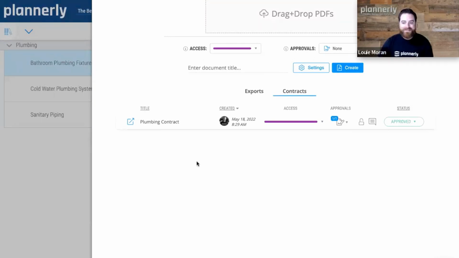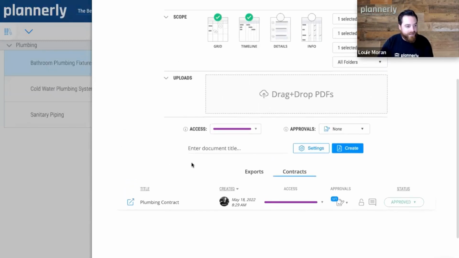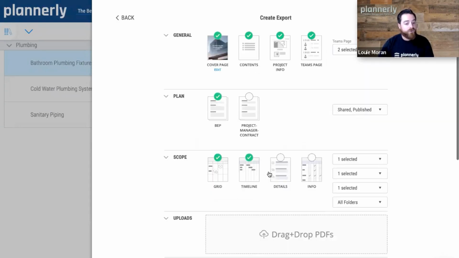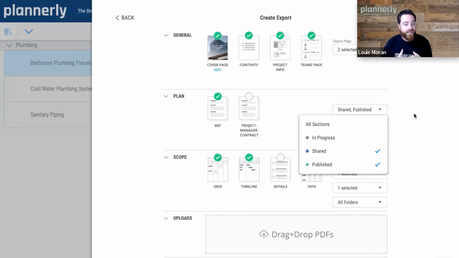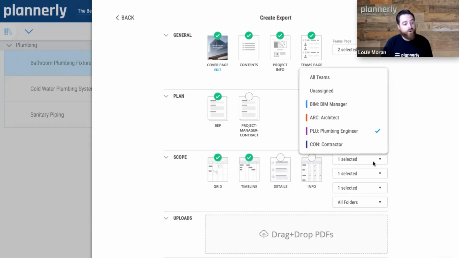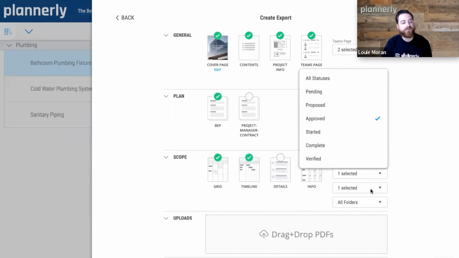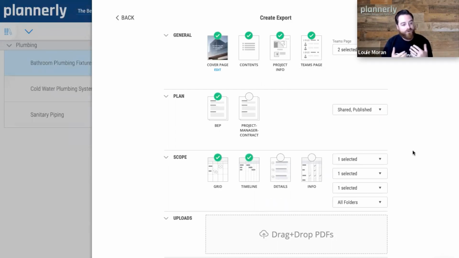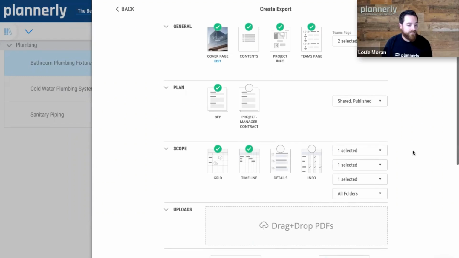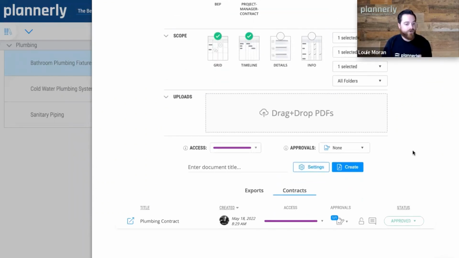How do we get this workflow? You can see from the very beginning, the filters, the flexibility you have by choosing what type of document, whether it's a grid, the scope grid, or whether it's just for the timeline. All these filters really help you create the document that you're looking for, whether it's an overall project summary that you want to have a signature by every team member, or if it's for specific contracts that you're trying to build by individual team. So whether it's a really large contract or whether it's a small contract by team, you have that flexibility. And in a matter of minutes, you can create any one of these types of contracts without spending time on formatting,